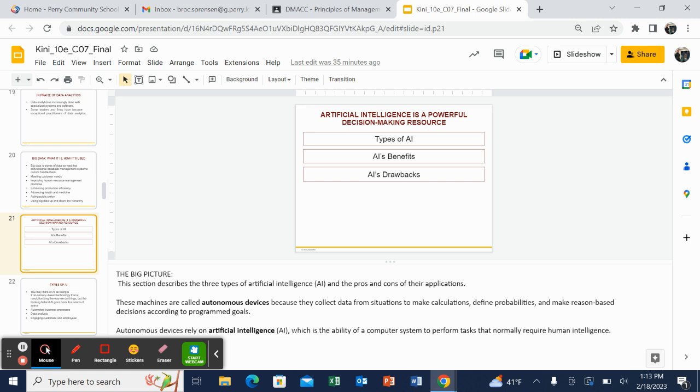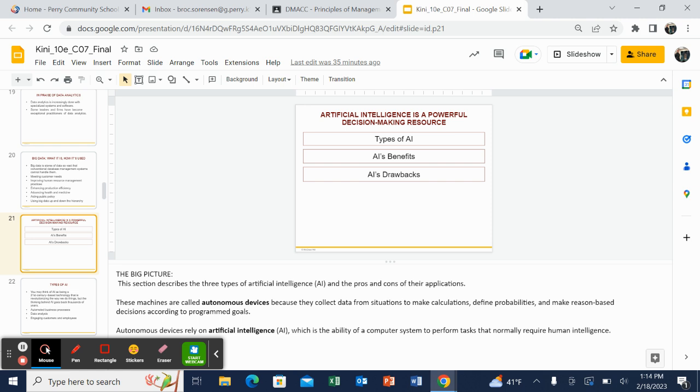All right, and then we take a look as we talk about big data and big data sets. We move into 7.4 here, and we're living in an increasingly interesting time for this one, so it's probably appropriate that it gets brought up. But artificial intelligence and it being a powerful resource in decision making, and we're going to take a look at